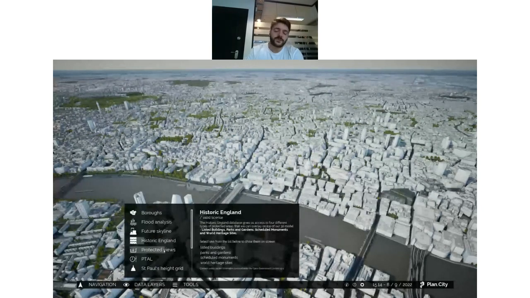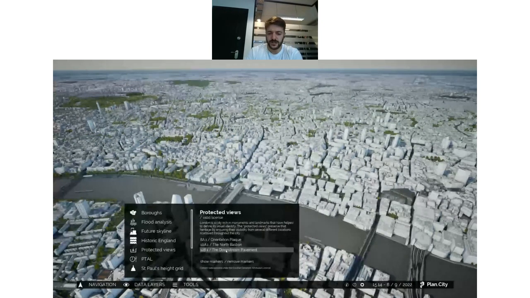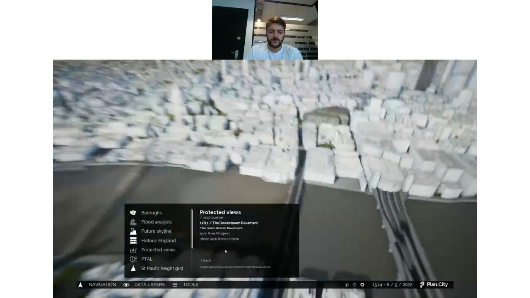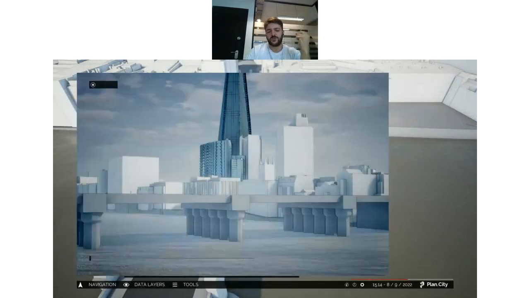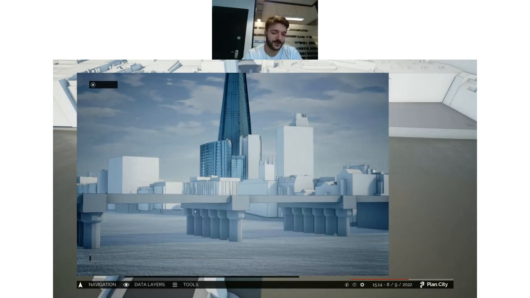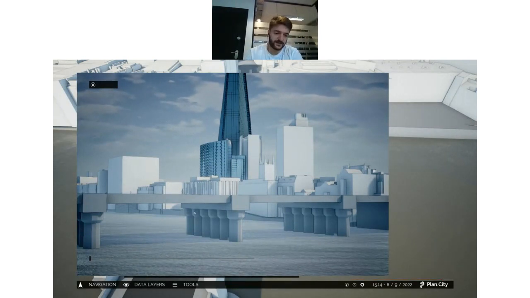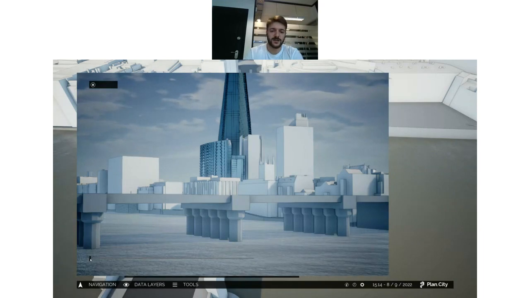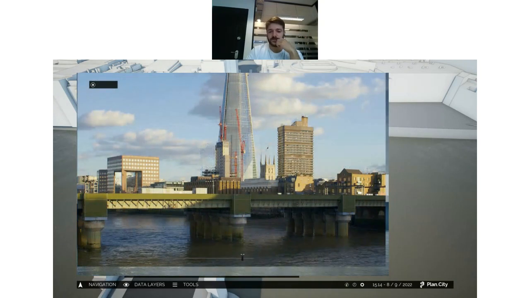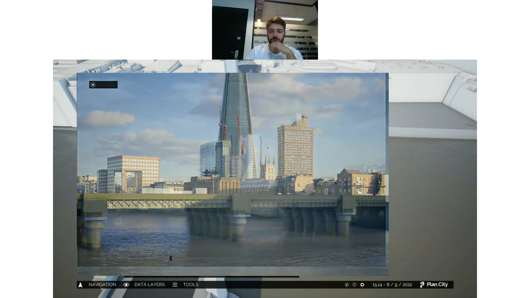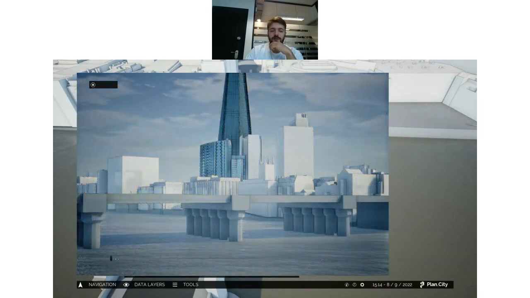Then we have the protected views, which are a collection of different views that we've included here. We can click on show view from camera. These protected views show images or views that, as the word implies, are protected, that show certain landmarks that need to be protected. They are usually focusing on St. Paul's, but this one in particular, you can see it's looking towards the Shard, and you can see how we are overlaying a view from our model,